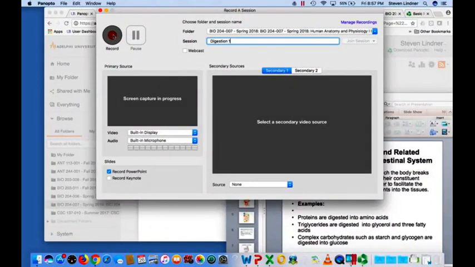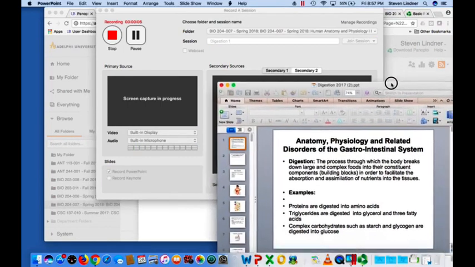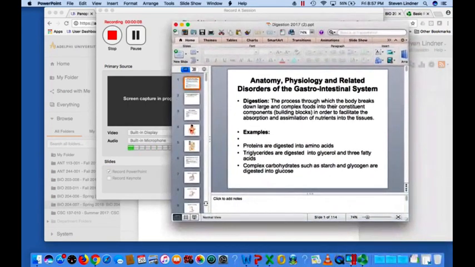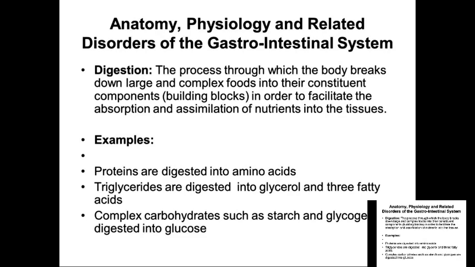Okay, we are going to start our first PowerPoint on digestion, and I'm going to do this as a screen capture in case I need to use the pen and draw on this. So, when we talk about anatomy and physiology, remember we know that from the perspective of structure and function,